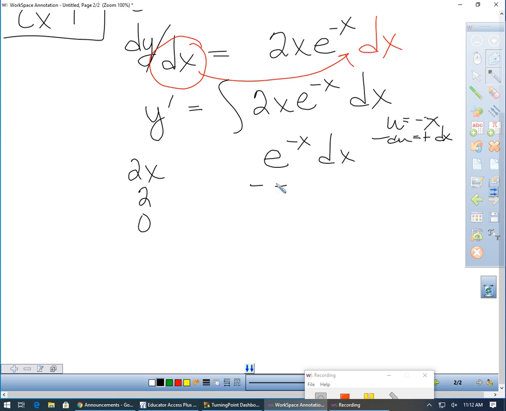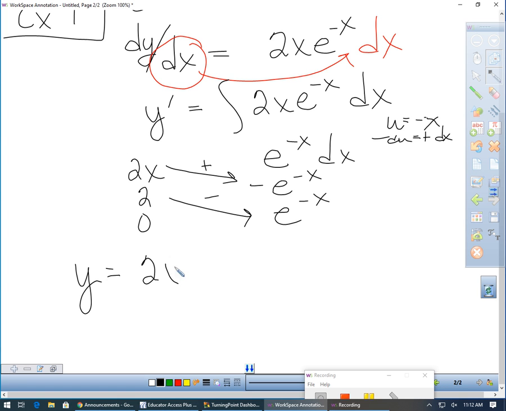So this would be negative e to the negative x, and then this would be positive e to the negative x. Going in our two directions, positive, negative. So we have y equals 2x times negative e to the negative x, that makes it a negative e to the negative x, then minus 2 times e to the negative x